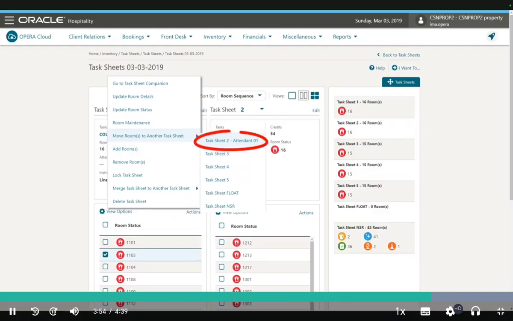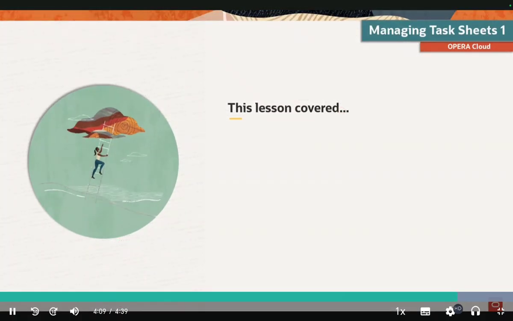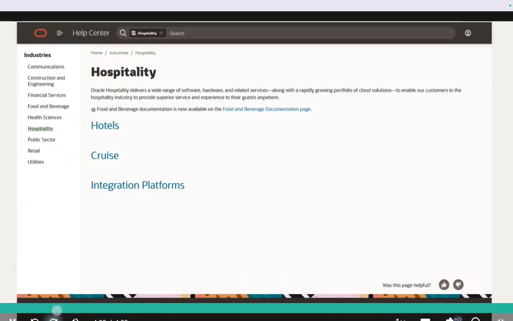Click the Task Sheet To link. Room 1103 has been transferred to the task sheet selected. In the next lesson, you will continue to learn about additional options available to manage task sheets. This lesson covered navigating to the task sheet for